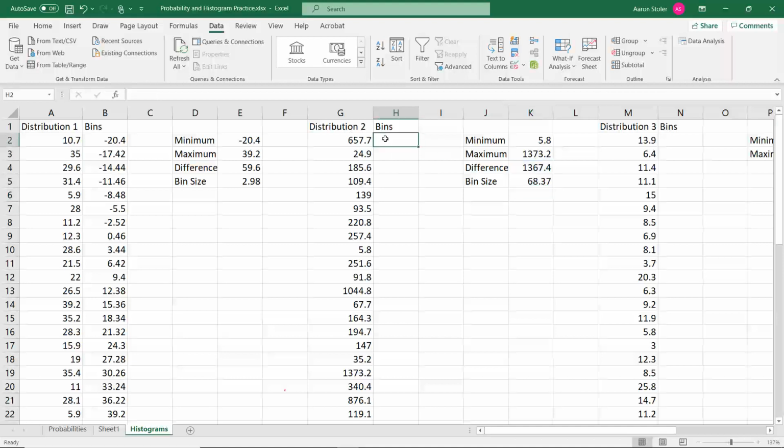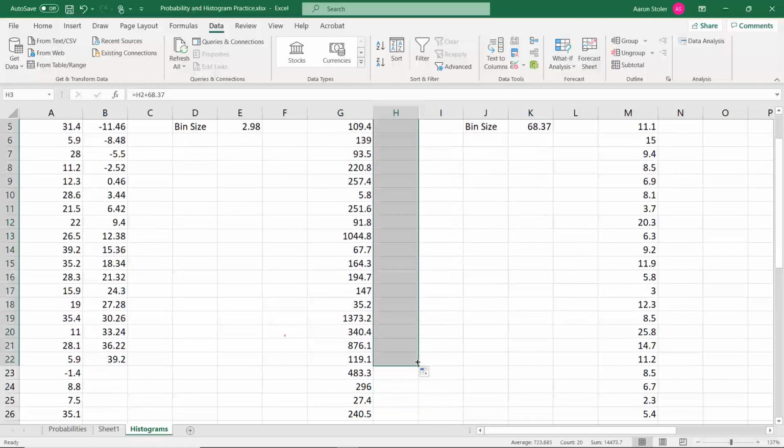And then under bins, our first lowest point is 5.8, and the next point is going to be this 5.8 plus the bin size of 68.37. And then we scroll this down until we get to the maximum bin size of